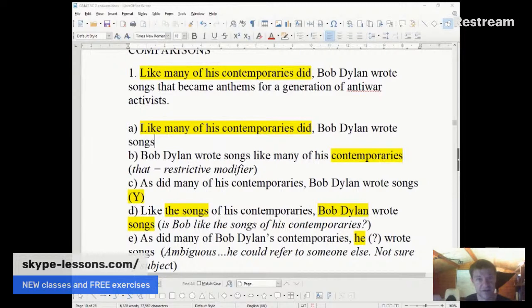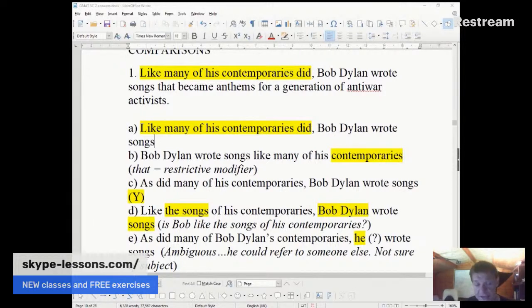Now, studying for this exam will help you improve how to construct your sentences. I think it really helps you to understand the difference between a clear sentence and an ambiguous sentence. And this is a great example, number one. So let's read it. Like many of his contemporaries did, Bob Dylan wrote songs that became anthems for a generation